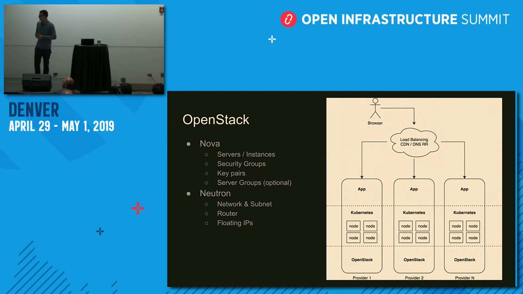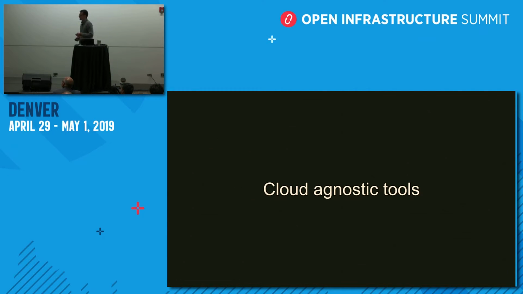You have also the Neutron things that are required. We'll need a Neutron network, a subnet, a router, some floating IPs, and those are the features we would absolutely need from an OpenStack side, and we're not using too many of the fancy new projects. And of course you can enable more things like Octavia, Cinder and such if you need those things, but those are not absolutely required to keep moving.